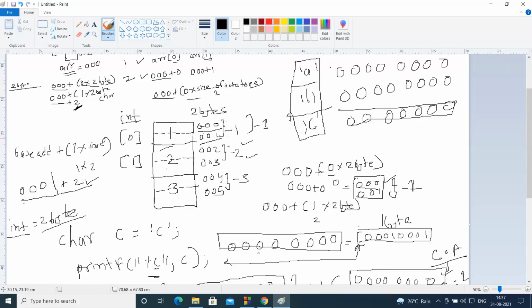So my first byte is at the start address, the present current address. What is my present current address when I've already reached 002? Sorry, where is the pointer? Okay. So my current present address is 002. So this 002 is my present address. And now I read 2 bytes, that is the present byte, which is 002, and the next byte, which is 003. Together I read the second number. So that's how I go to the third, 003 location, because I need to read 2 bytes in turn